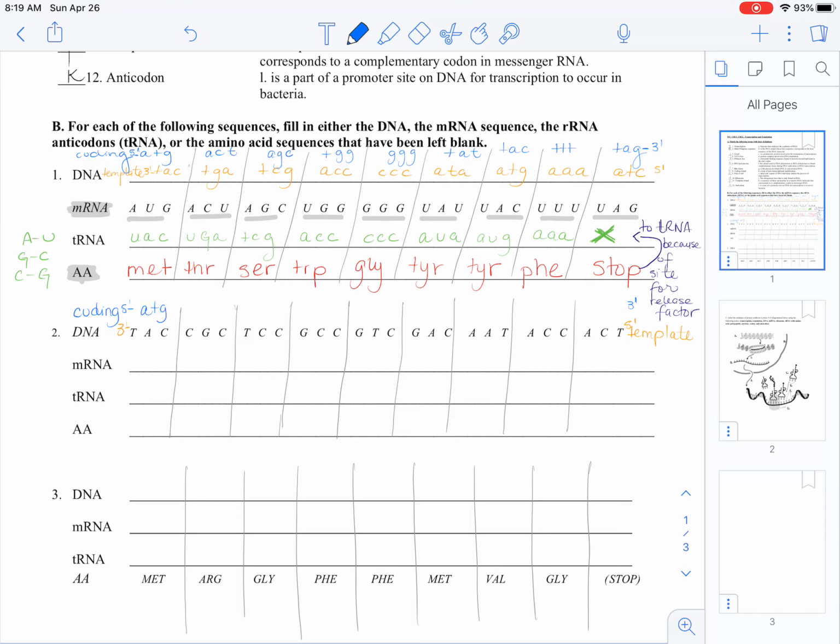ATG, GCG, AGG, CGG, CAG, CTG, TTA, TGG, TGA. So understand that once we have this, then it's fairly easy to write the mRNA, because the mRNA is